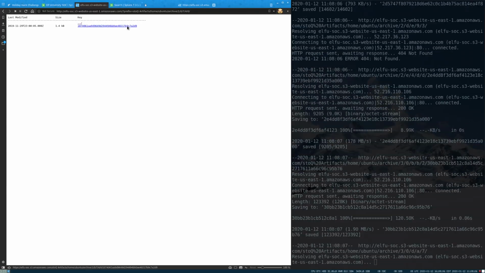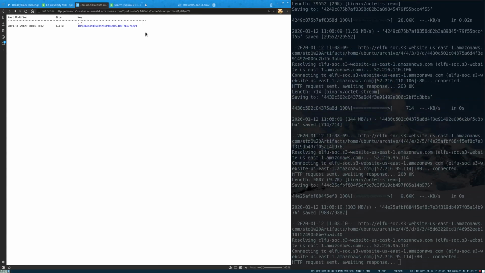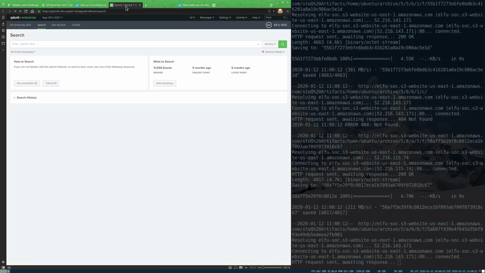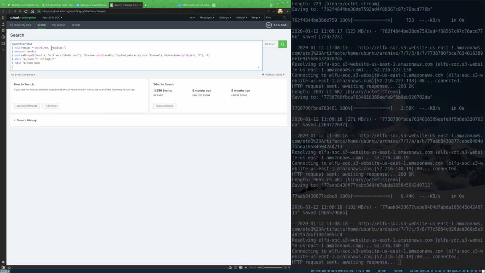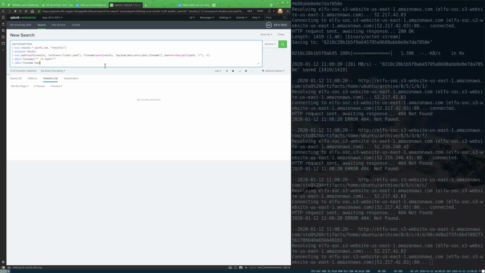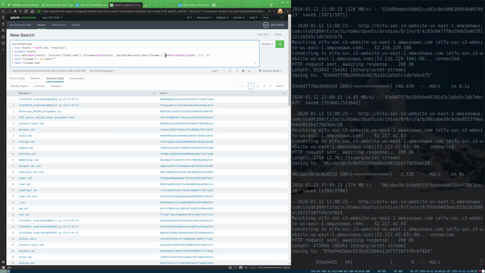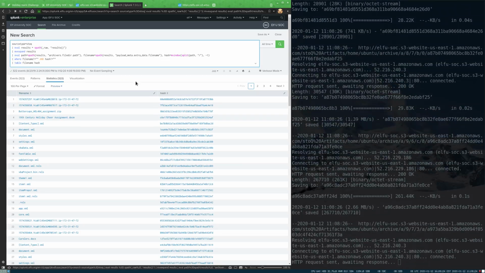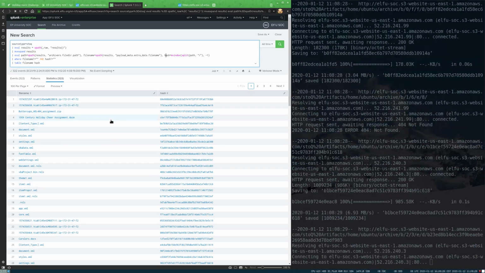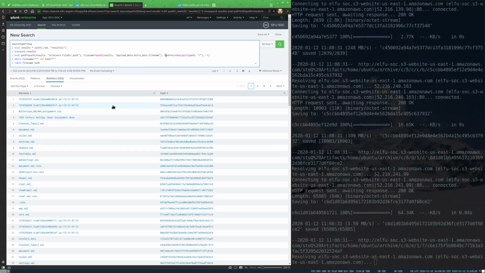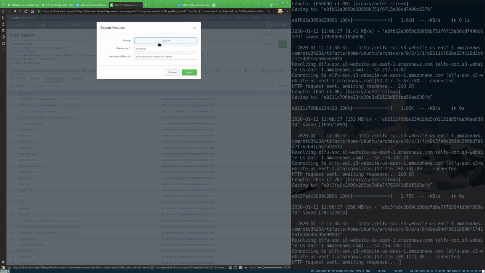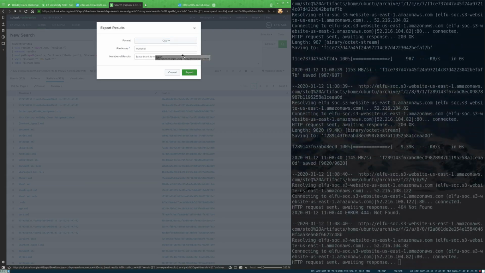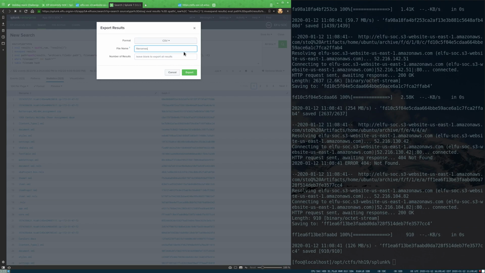Every file we pull down is going to have a file name that is a hash, and that's kind of ugly and makes it hard to see what's going on. But since we have the Stoq logs in Splunk, we're able to create a mapping between the file name and the hash, and we can then rename all of our files into their originals so we can more clearly see what's happening. After you get this in Splunk, you can export CSVs. So we'll do that, and I'm just going to call this file names. Okay, export,